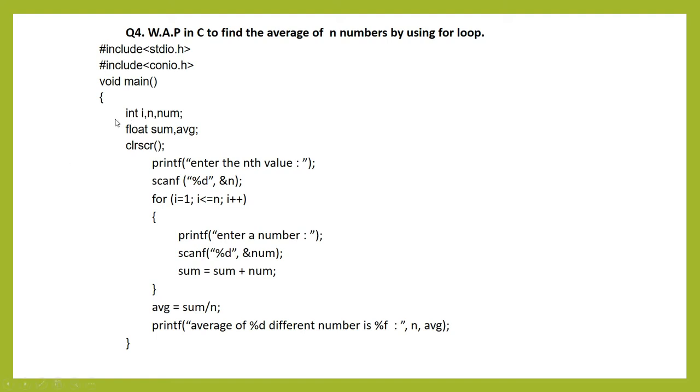Okay. So see, this is the program. Here the variable declaration is there: i, n and number, and you have to find the sum and average, which are floating point numbers. Now it asks you to enter the n value by scanf. You accept the value, then the loop starts from 1 to n, and inside the loop it keeps asking for a number from the user and adds it. When it comes out of the loop it finds the average by sum divided by n, then you print it.